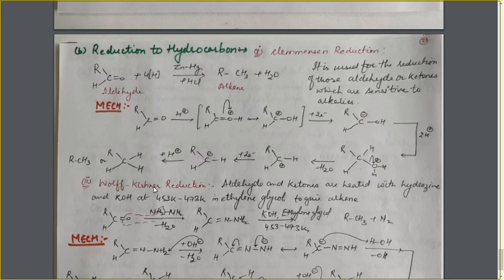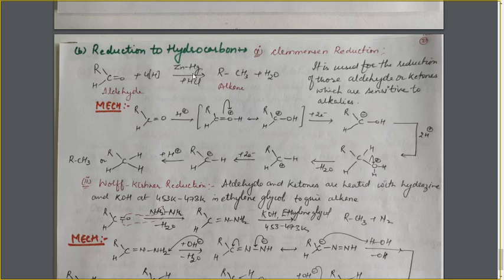Now these two reactions are very important as name reactions from the board examination point of view. They are usually asked: write a short note on, or what is Clemmensen reduction, or what is Wolff-Kishner reduction. Next, starting with the Clemmensen reduction, what will happen in this reaction? If an aldehyde is treated with zinc amalgam and HCl.